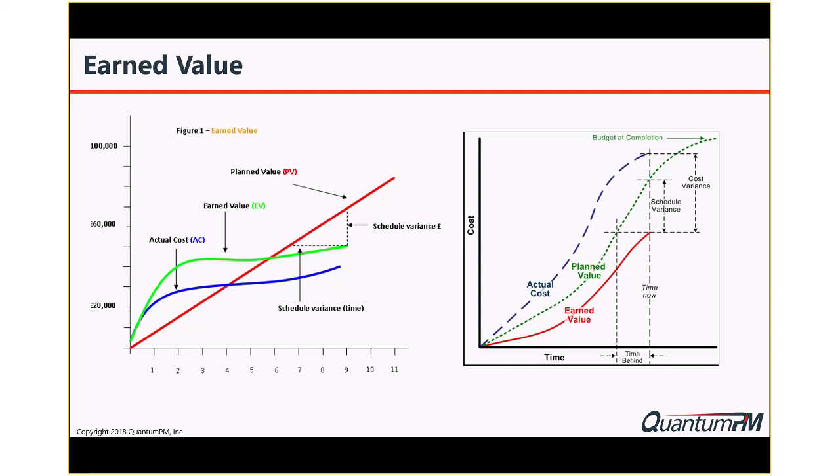Over time, in the early months there's a lot of work that got accomplished, but the cost was lower. We don't know exactly why that is, so again, there's a story behind this. Are the costs behind because you're learning how to be more efficient and getting things accomplished with less? Or is it because you don't have the staff that you needed to get the work accomplished, and therefore you're not spending the money that was planned for? Different reasons can be reflected in the same chart. So again, lots of stories behind all of that.